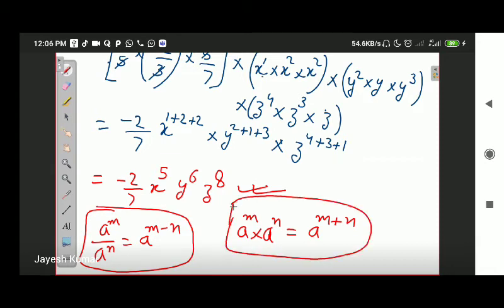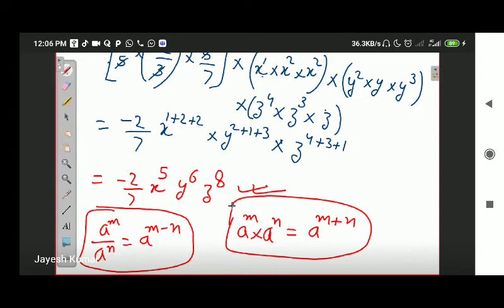And one more thing, keep a note of this: any two polynomials can be multiplied. But for addition, polynomials must have exactly the same variable part. x is to be added or subtracted with x only. x cube is to be added or subtracted with x cube only. But for multiplication, any two polynomials can be multiplied. So on the basis of this, we are going to attempt exercise 6.2.